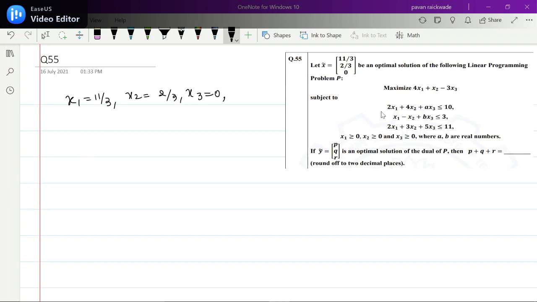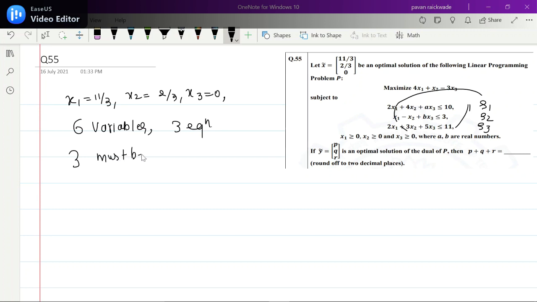If you observe in an LPP here, when we convert these inequalities into equalities, we will get three variables, s1, s2 and s3. These are slack variables, right? So when we have to solve this LPP, there are total 6 variables and 3 equations. So 6 minus 3, 3 of them must be 0. That is also called non-basic variables,